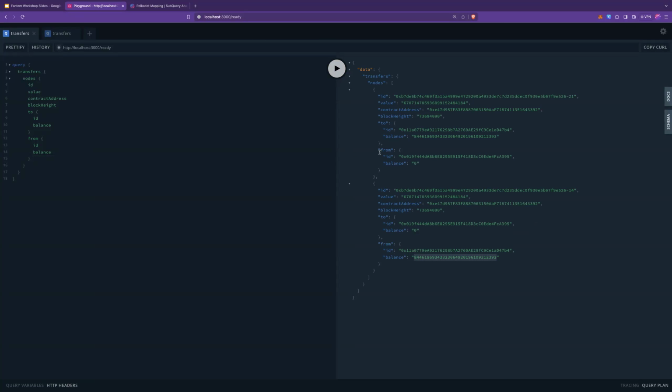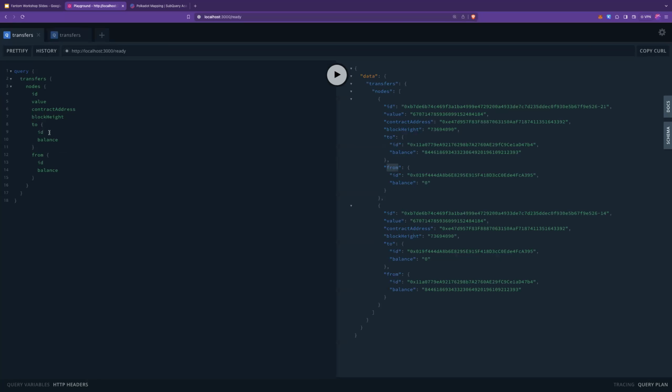And as you can see, since we've been referencing the address entity from the transfer entity, we can call the address entity from the transfer entity. So here it is, the to object, and as we can see, we're also calling the ID and balance properties of the address. That's really cool. And that's how you create a SubQuery project.